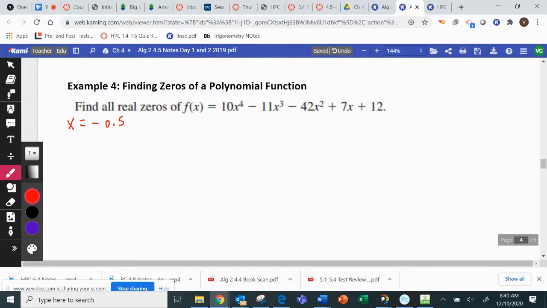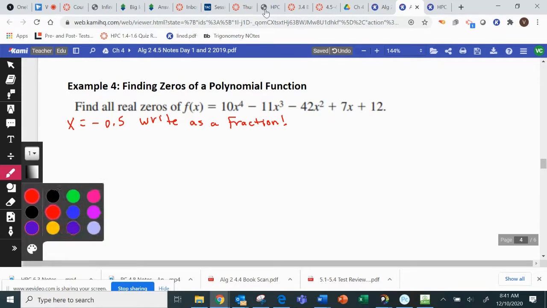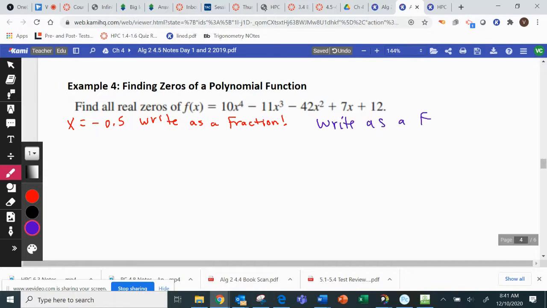Okay, first of all, we're going to write it as a fraction. Now I got to show you this. This is the fun part. Oops, meant to change color there. So we're going to write as a fraction, we're going to write as a factor. So x equals